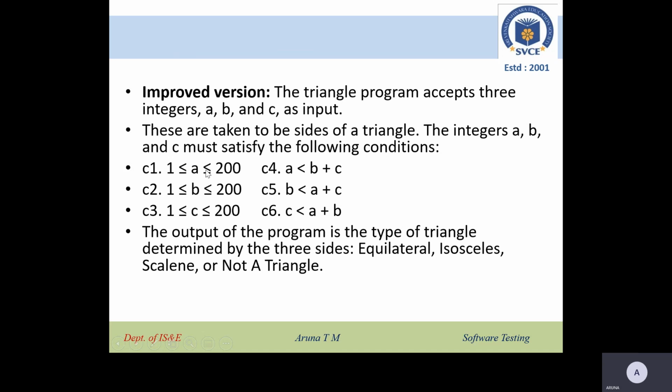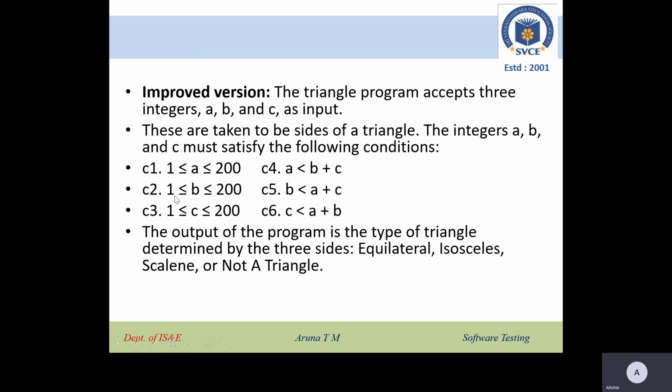Whenever you are reading the value of a, it should be greater than or equal to 1 and less than or equal to 200. So the lower limit is 1 and the upper limit is 200. Whatever value you read for a, it should be in the range 1 to 200.